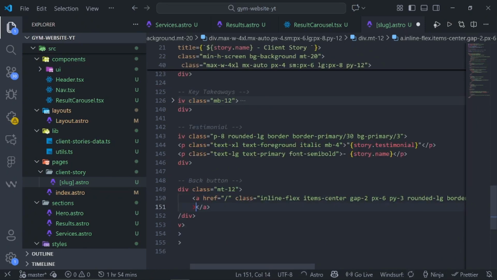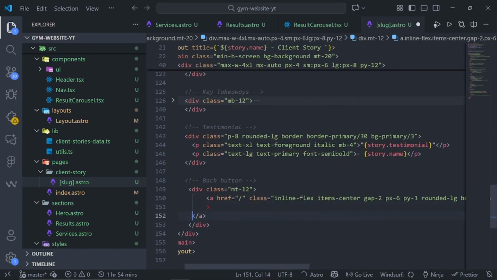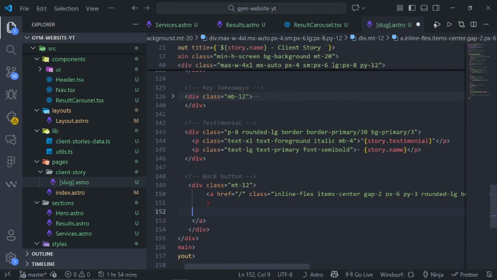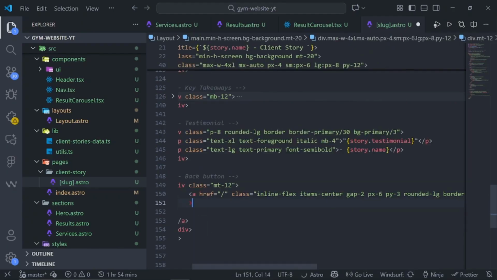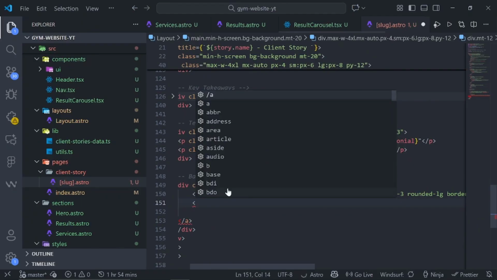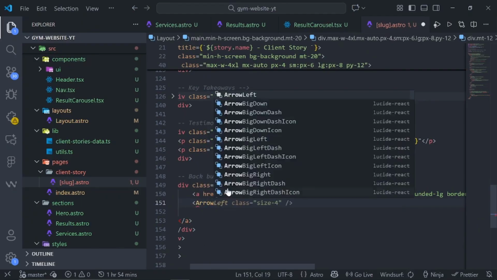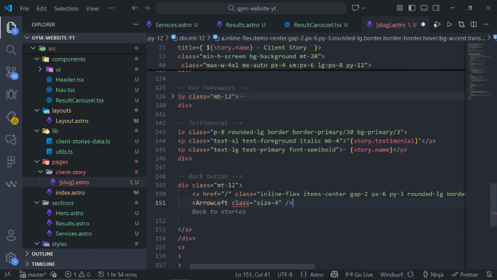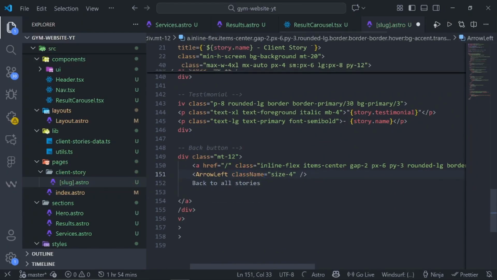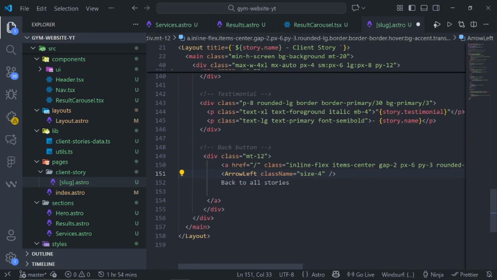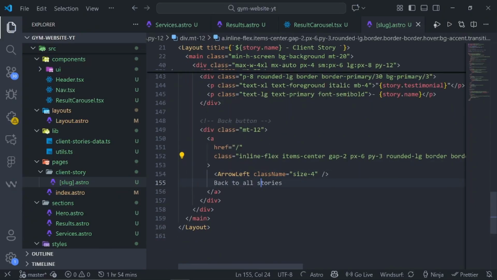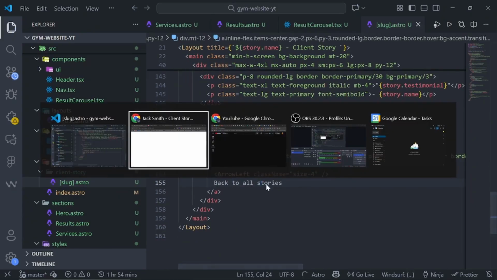So inside this, we use the arrow. Make sure you're inside this. So let me confirm and get rid of this. So we say arrow left like so. Then we'll say back to all stories. It should be className because it's a React library. So we'll save. And if we go back now,